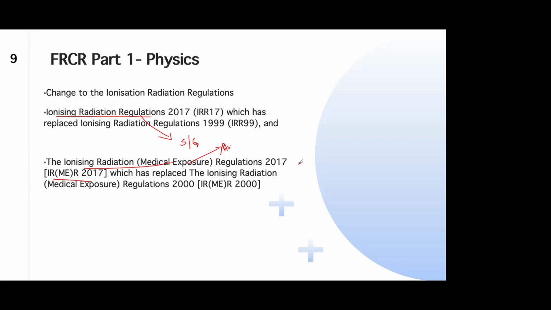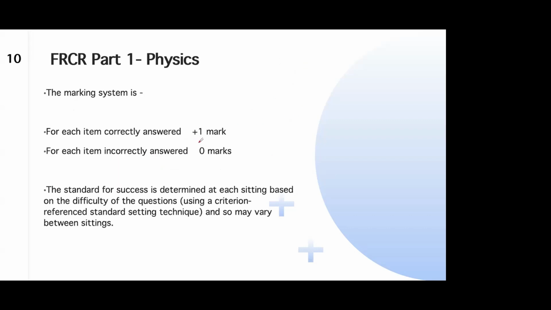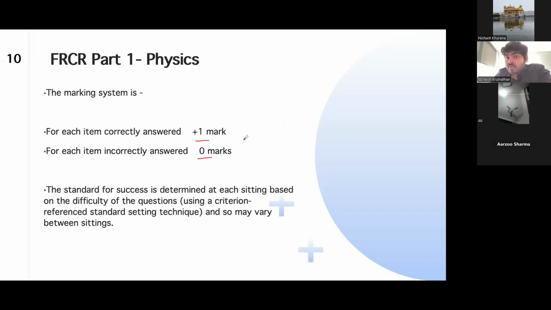So this is something that you'll have to know about, because radiation safety is all about IRR, IRMER, and personal protective equipment, on which you're going to get six questions, right? For every correct answer, you'll have 1 mark. For every wrong answer, you'll have 0 marks. You don't have negative marking in any of the exams of FRCR,